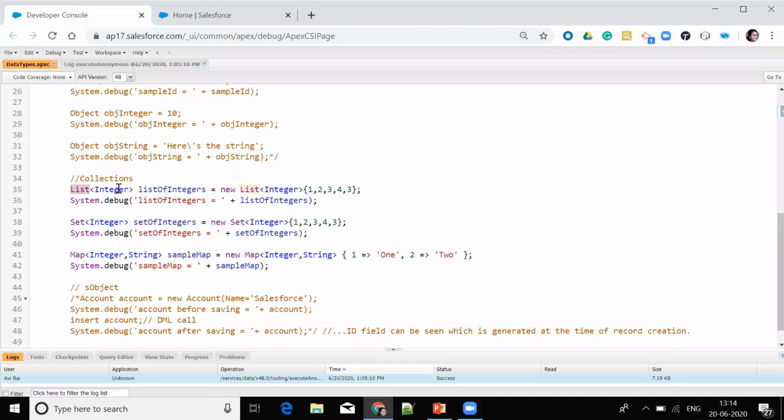So this is how we define a list, by using list, and which collection I want here. I want the collection of the integer. This is the variable name. This is the new operator we use to define a new list, and this is a list of integer, and here I have initialized the values of the list. Coming to the set, this is the same as we defined the list. It is also a collection of elements, but it does not have duplicates. And also list is a collection of ordered elements.